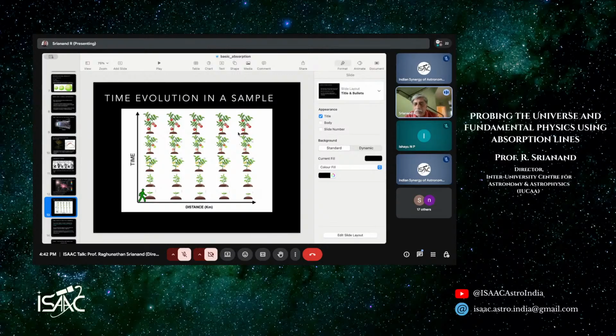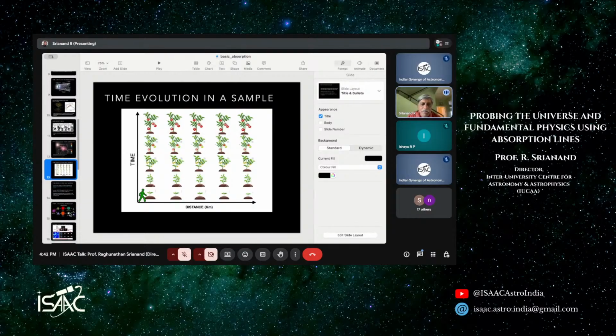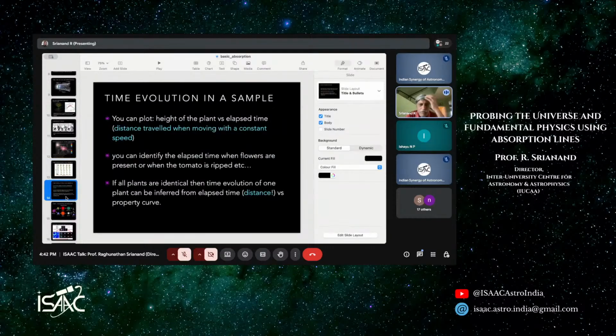What is happening is that the more the distance, the higher the shift in wavelength, as the interaction of this moving photon with any object in the sky happens at different distances. The wavelength of interaction will be proportional to how far they are away from us in the universe. So this is a very simple thing. If you remember this, it will become much easier for us to follow what is going on here. This is what I wanted to say.